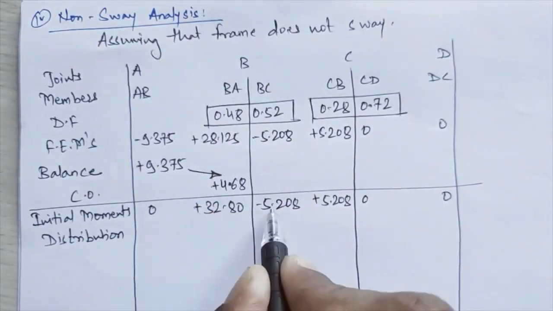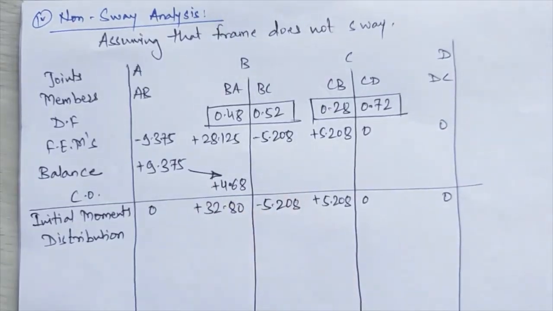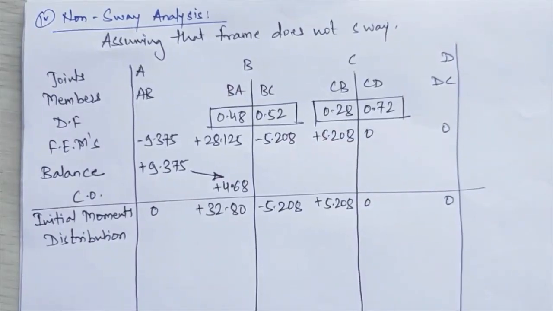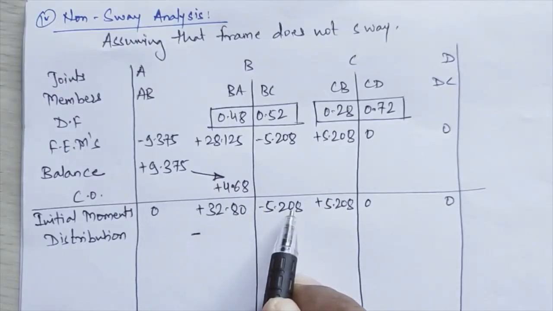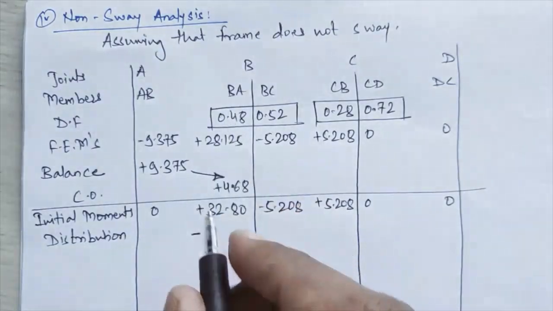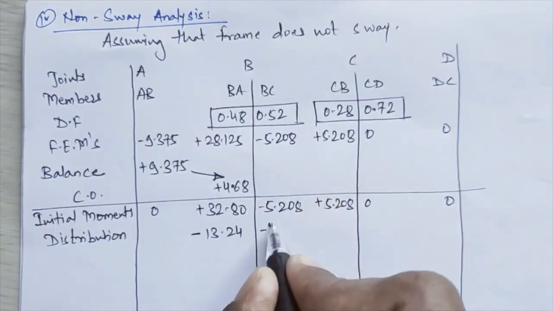Whatever summation you get here will be positive. Distribution is to be done with opposite sign, that is negative. So distribution for your joint B members will be negative. The summation multiplied by 0.48, I get almost 13.24, and here I get almost